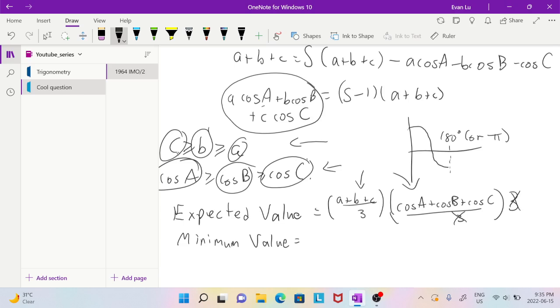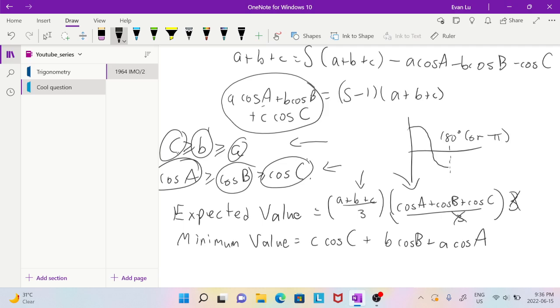If I'm doing a multiplication, I want to try to put the bigger ones together because those two are going to really make a huge number that's going to contribute. And if I take a smaller number multiplied by a bigger number, then that's going to really take down the potential of the bigger number. So yeah, the minimum value is actually C times cos C plus B times cos B plus A times